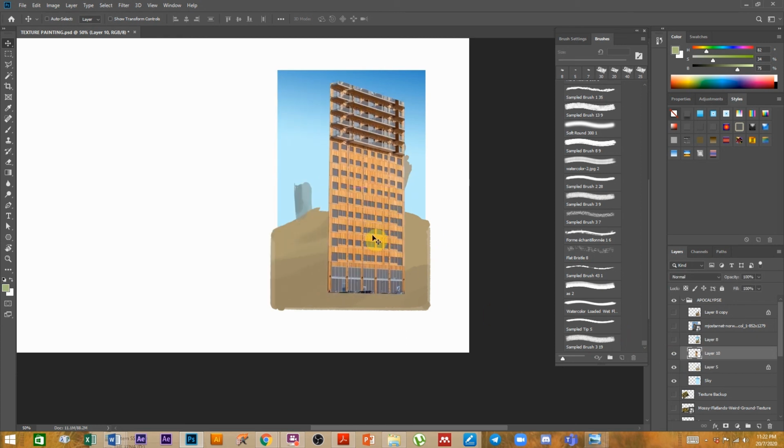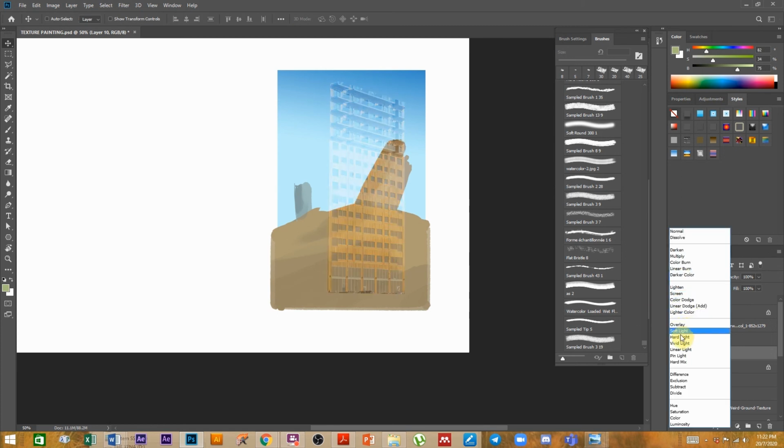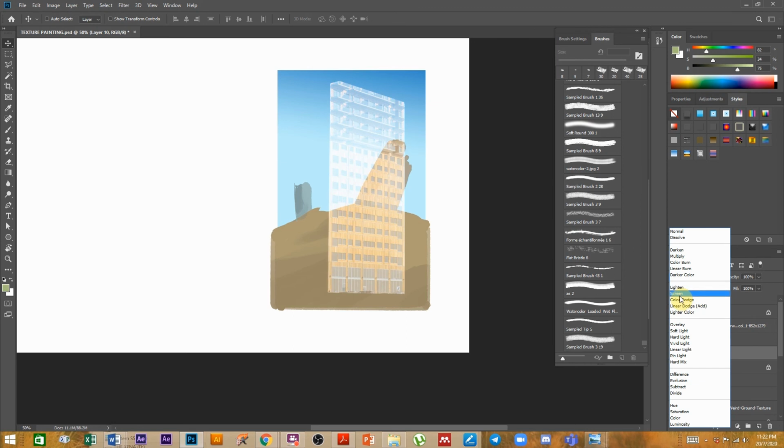So what you do is you Control T. Oh wait, before that, switch on the transparency mode. For now, you don't need to be positively sure you're going to end up with this transparency mode, just as long as you can see through to the bottom. Alright, so it could be a multiply, it could be something easy to see. Don't use a screen or lighten. It's a bit difficult to see. Okay, I'm going to use in this case,